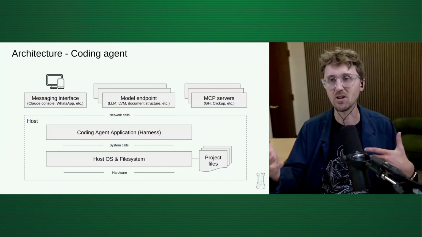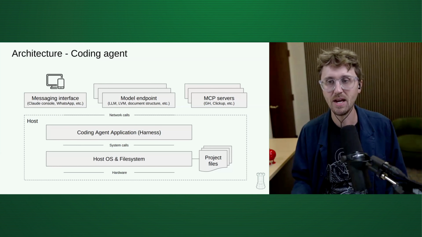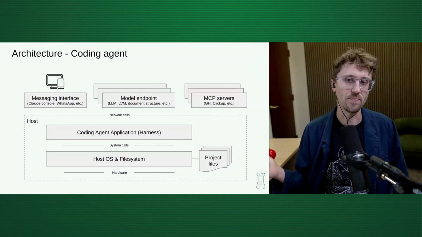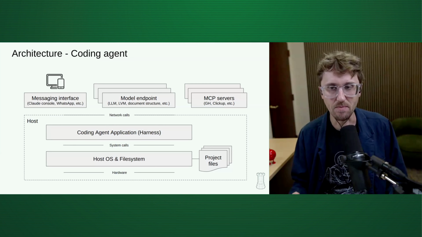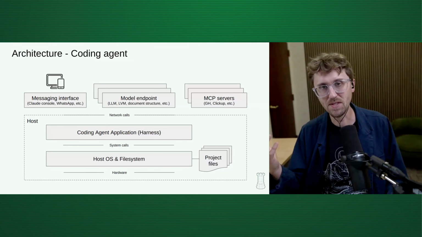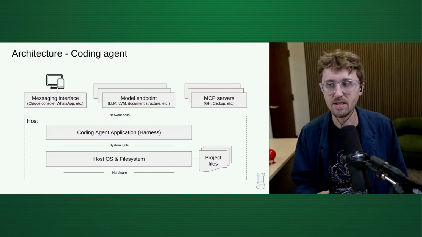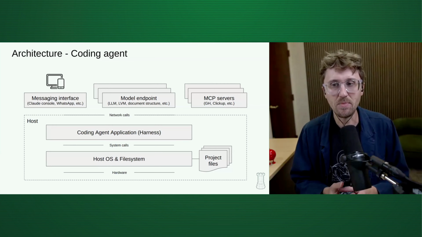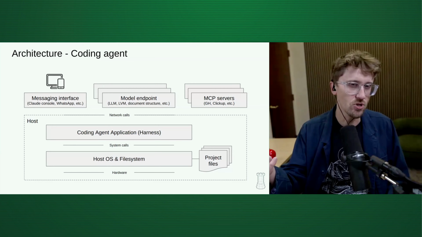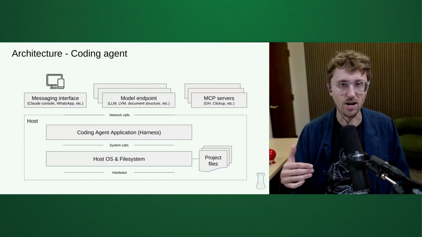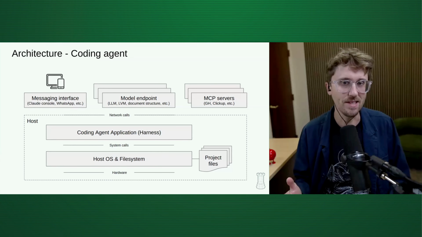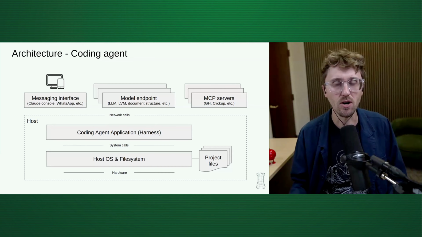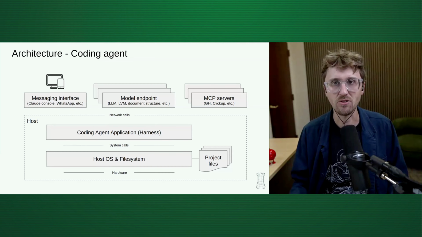Here's the description. I can go ahead and start working on that, right? And then maybe generate a PR on GitHub, and message back to the developers through Slack or through WhatsApp or wherever, that work has completed. So there's a series of things that happens on the host, and there's a series of usually network calls that go past the host environment to these model endpoints or MCP server or a messaging interface to interact with the agent.